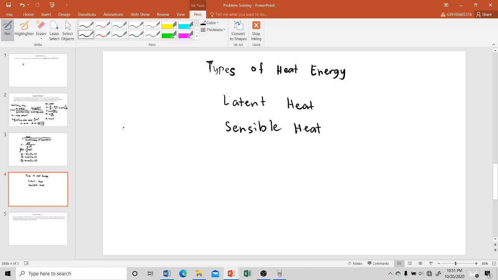So in this topic of specific heat, it is important to note that the relation between added heat, specific heat, mass, and temperature change does not apply during a phase change, which is the latent heat. The reason is that heat added or removed in a phase change does not alter the temperature. So physically,